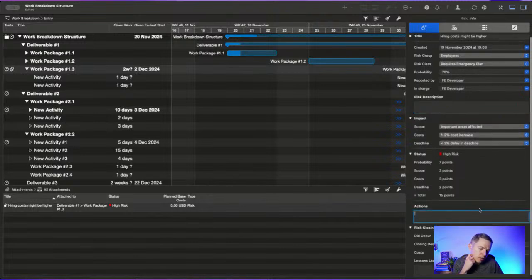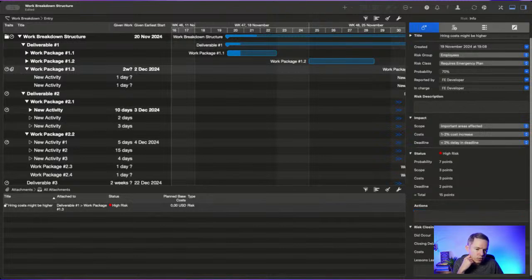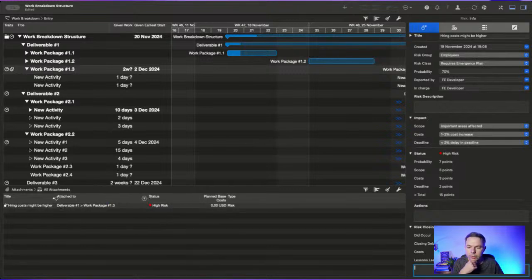You can log the actions, and then you will report on the risk if it did occur, when it occurred, costs and lessons learned. Definitely in this case it will be like high level risks that you want to track. You don't go into super low details,